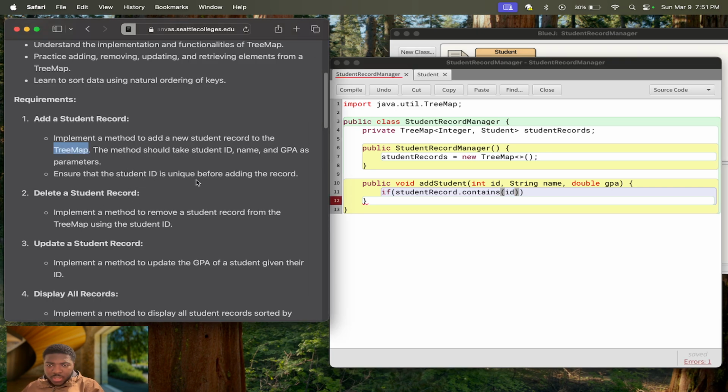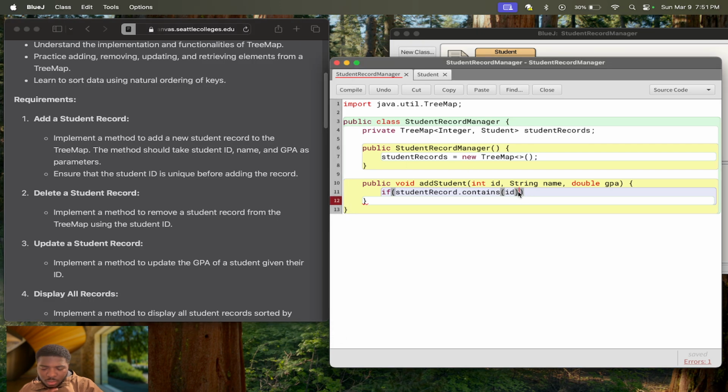Ensure that the student ID is unique before adding the record. We're ensuring that this student record contains the ID. I can't see anything here. So if student records contains ID,